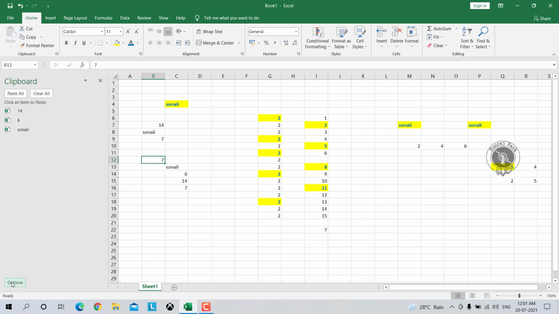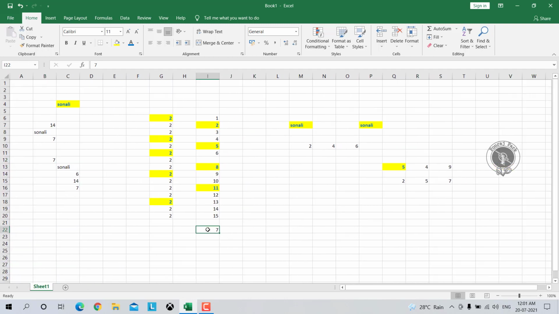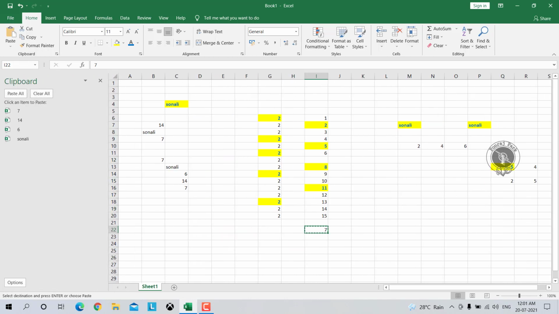Now we'll go through all the options over here. So as I told you previously, show office clipboard automatically, if I enable this, okay, you can see it is enabled now. I'll close this. Now if I press Ctrl C for copy, so this box will appear. So the first and second option is one and the same, there is not much difference in that. Then the third one, as I told you, if you don't want to save whatever you're copying or whatever you're cutting into your clipboard item, then you can enable that.